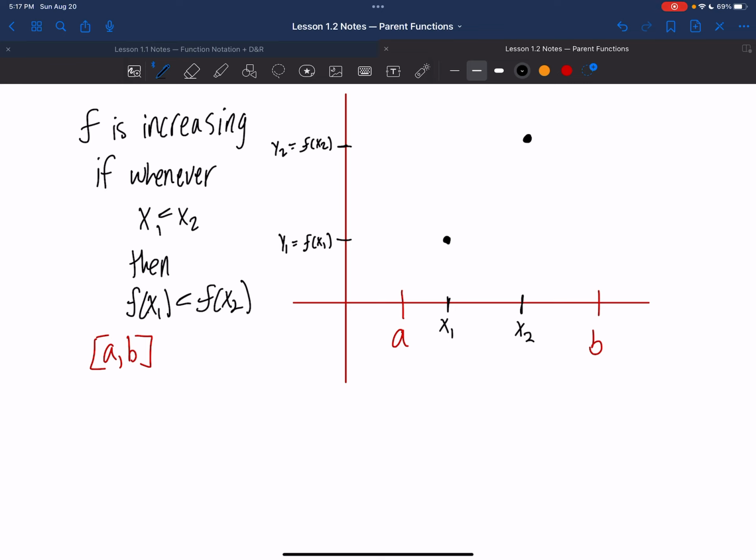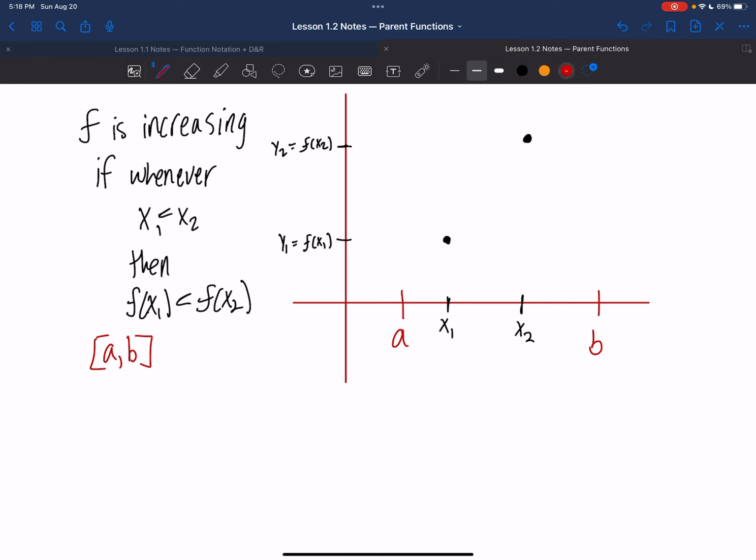And so you see if I were to connect these two dots with a smooth curve, that is what is meant by increasing, right? As x went to the right, as we increased the x values, the y values increased. That's really just a fancy way of establishing that idea, that as you go to the right, it goes up. So it's kind of a fancier or maybe more formal way of saying that. But do notice that it says for any x1 and x2 within the interval AB. So in fact, you could actually pick